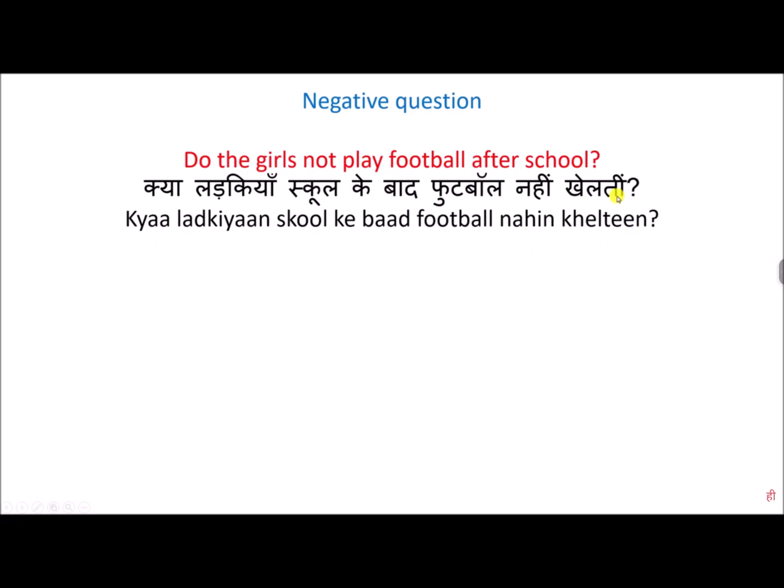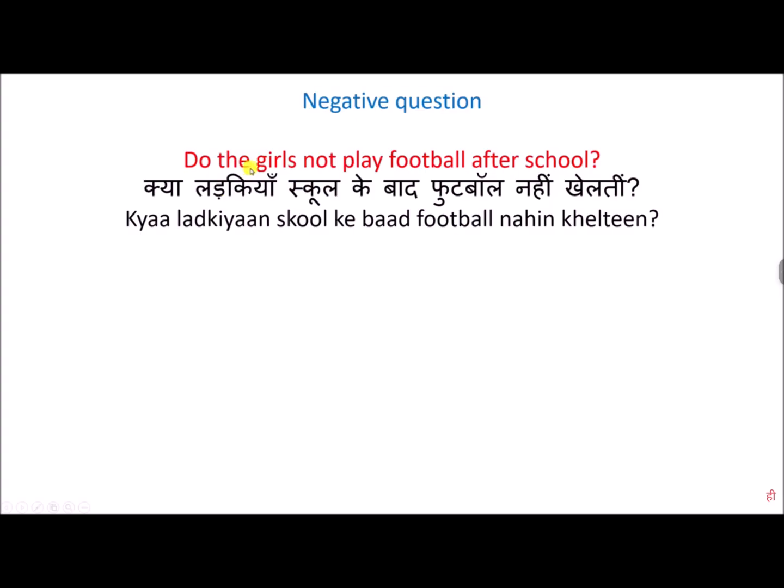So here you can notice that the be verb is removed and a dot has been added, and the sound is खेलती, and this is because the subject is feminine and plural. Okay,